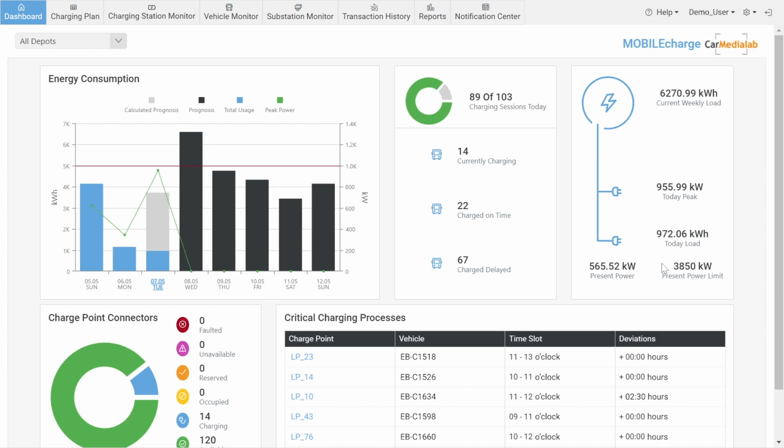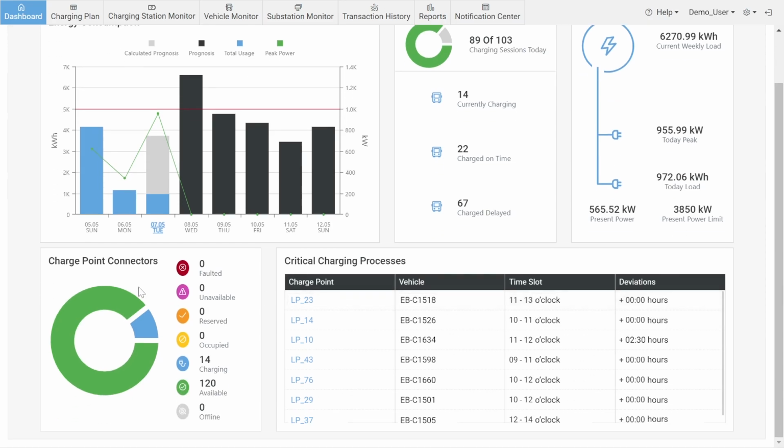A new function is also shown here, the real-time power meter. This function shows how much energy is currently being used to charge your electric buses. You can also set a limit here that should not be exceeded, so you can always have control over your energy and cost budget. Furthermore, you can see a diagram at the bottom left that demonstrates the status of the